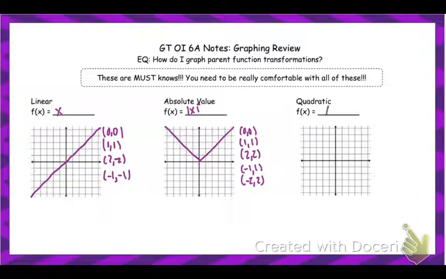Quadratic parent function, y equals x squared. That went through (0, 0), (1, 1), (-1, 1). But how it was different than absolute value is because it's squared, it would go through (2, 4) and (-2, 4). So it had that parabola shape to it. All right, then after those,